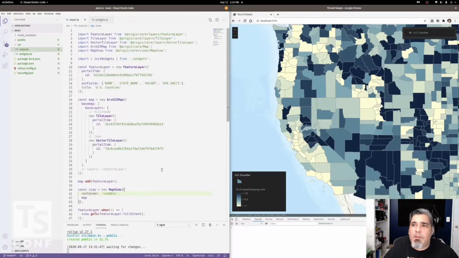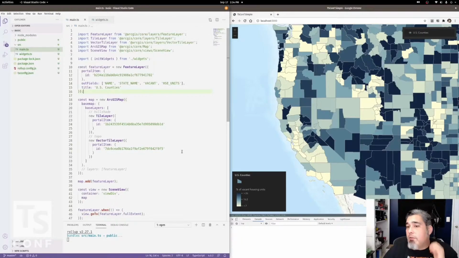It's not too difficult. We have a lot of help from TypeScript, giving us all the typing information, telling me when I was providing any when I didn't need to. One thing I do want to show real quick on this one is that we also have, other than a regular map view, which is how you would view this particular map that we're using, this is a 2D map. You can actually change this to a scene view. If I change all instances to a scene view,